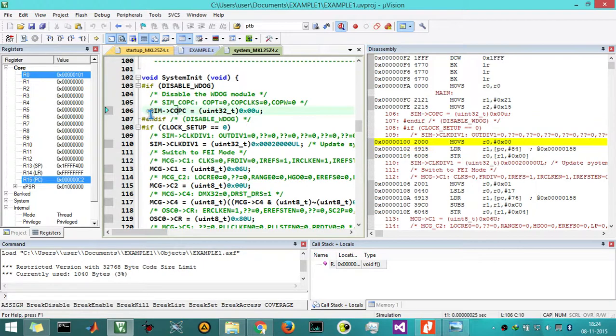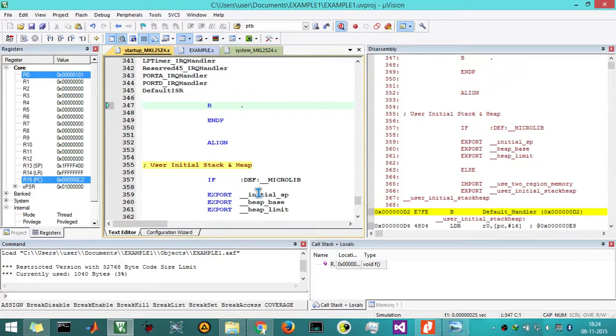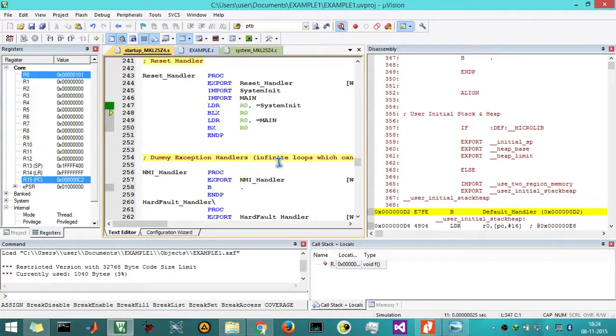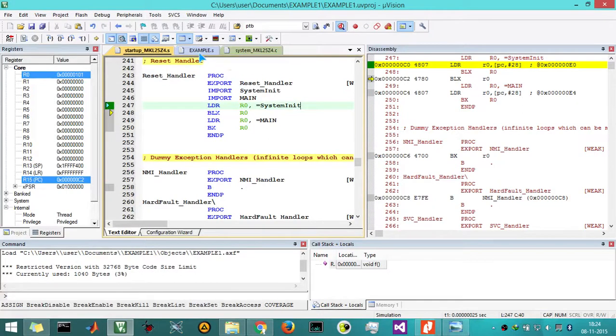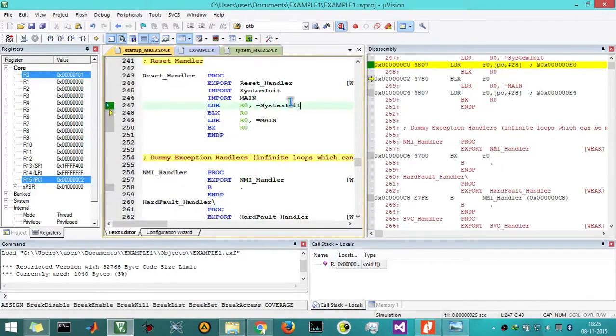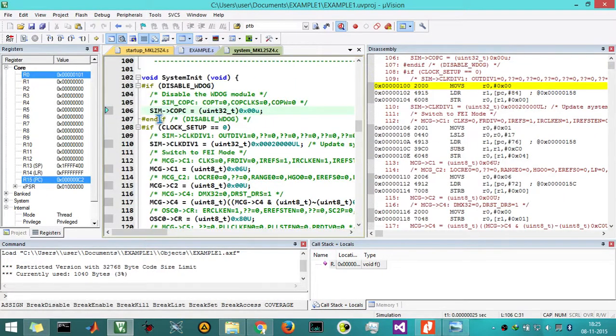So here we can see system init. Here we have imported the system init into R0. The address of the system init will be loaded to R0, and BLX R0 will make the processor branch to this statement, system init, under the function system init.